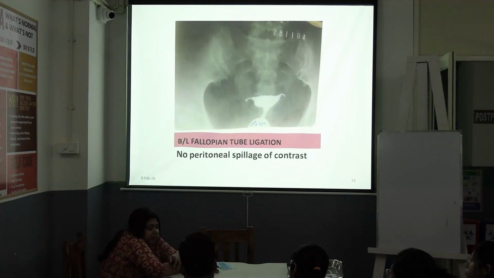And if you find there is bilateral spillage, that might mean that at the last HSG there was some spasm. Because now you have given antispasmodic, spasm is not there, bilateral spillage is there. So your last HSG report was wrong, and she was having a false positive report of tubal block. That might be a case of uterine spasm basically. That is how you differentiate.